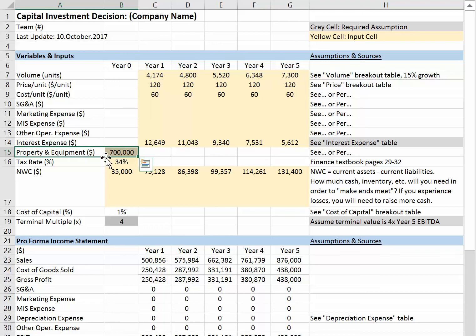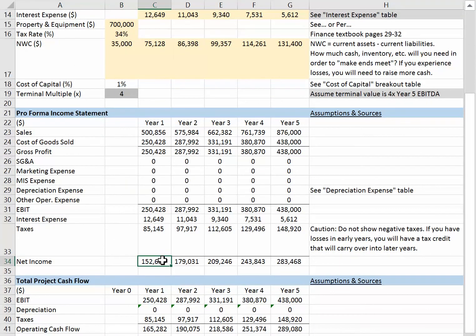Again, there should be details on this number on the previous tab. And net working capital. Think of net working capital as also some of the cash you need on hand. It won't be surprising if in year 0 or even year 2, you're still not a profitable business, meaning net income is negative. If that's the case, you're going to need to consider taking out more cash because your employees